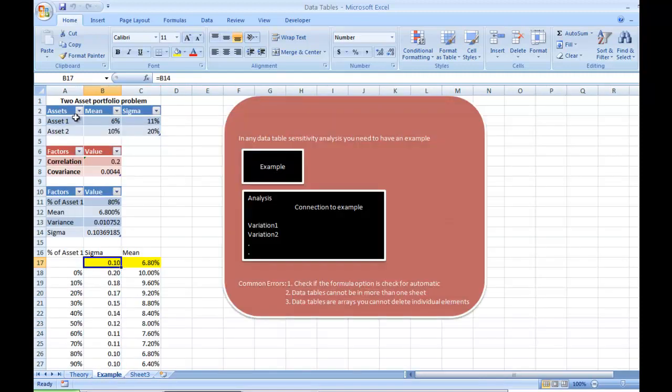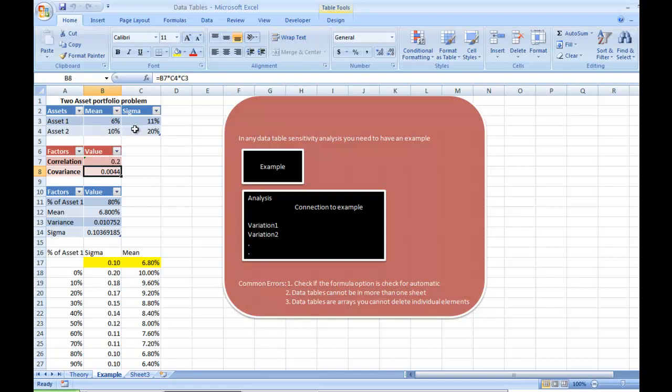I have a two asset portfolio problem in which asset 1 gives a mean return of 6% and a sigma of 11%, and asset 2 gives a mean of 10% and a sigma of 20%. You see the correlation, which I have just assumed to be 20% here, and the covariance, which I have calculated